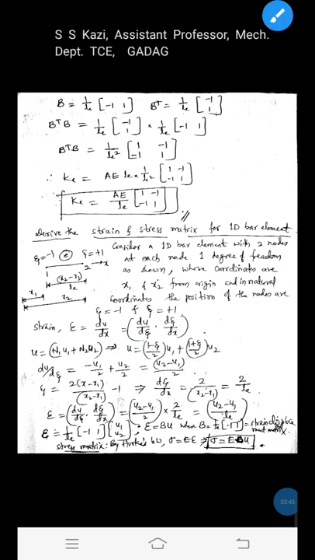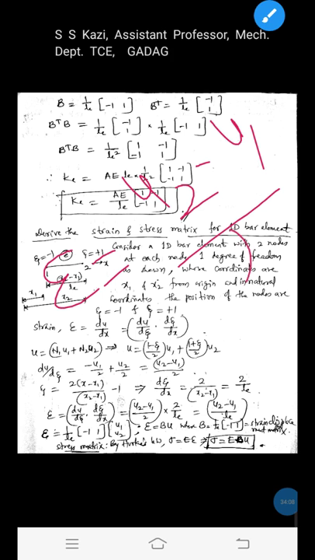This is the expression for strain we are using to determine the strain value in each element for bar problems. For solving the problems on bars, we have used this formula: change in displacement between the two nodes, u2 minus u1, divided by the length of the element. I hope you have understood. Therefore strain in each element is given by u2 minus u1, the change in displacement between the two nodes, divided by the length of the element Le.